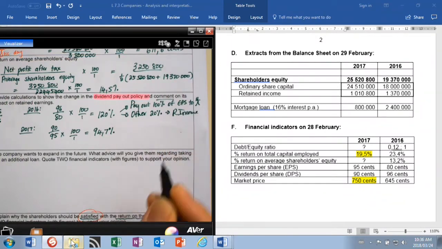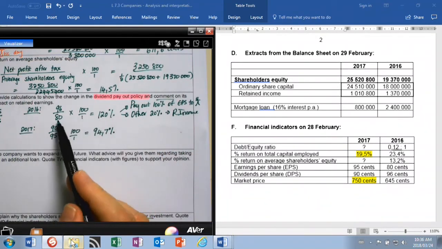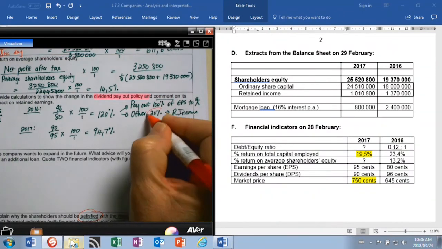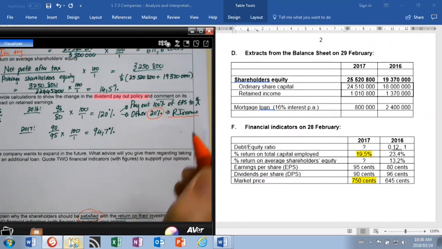So we paid out all our earnings, the whole 80 cents, and another 20% from retained income. So in this case, there's nothing left. We need to borrow that 20% from the retained income, because our earnings was not enough